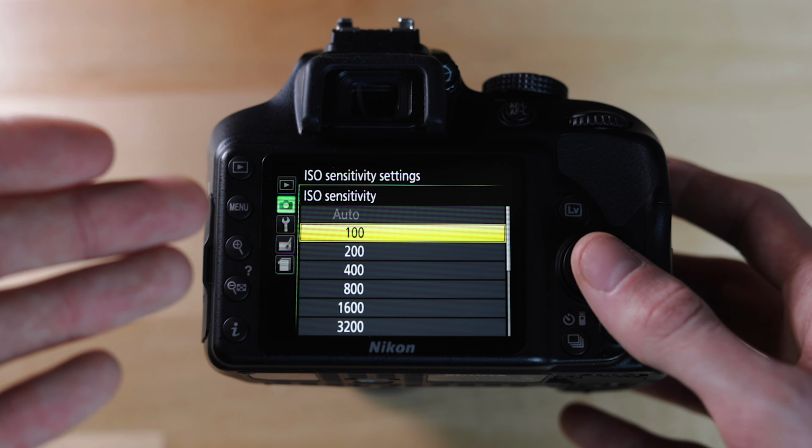So there we go. That wraps up the best settings for photography with the Nikon D3400, or at least the